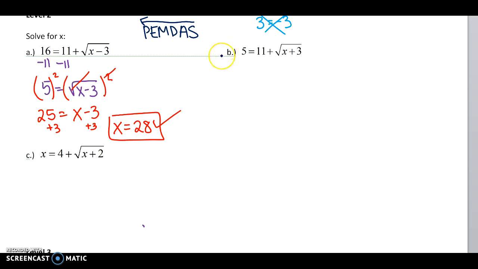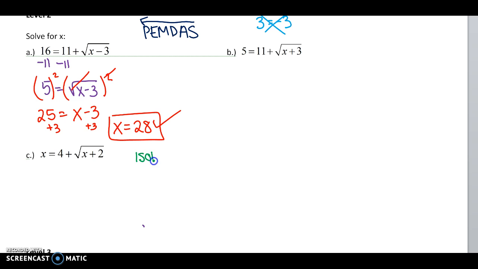Okay, I'm going to leave B for you to try on your own. Don't forget to check for extraneous solutions. Now, C is a little bit different because I have variables on either side of the equation. So I'm going to just follow the same process I did before. I guess the goal is always to